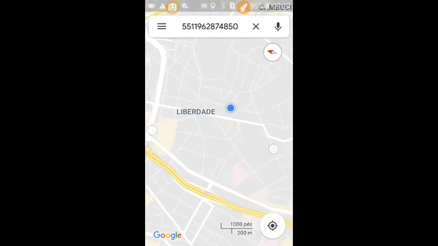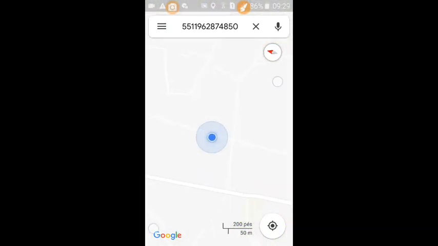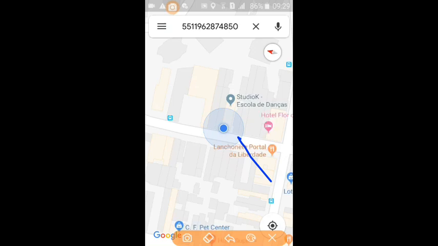And this is my location. I hope that you have understood,